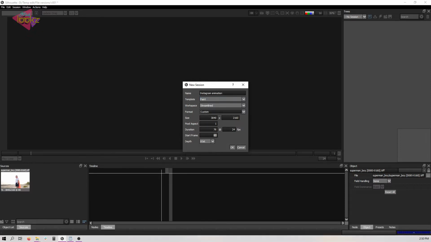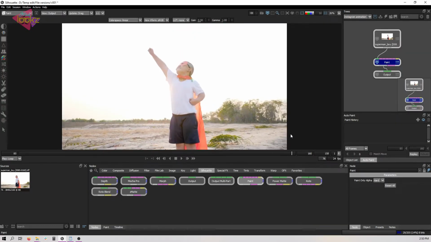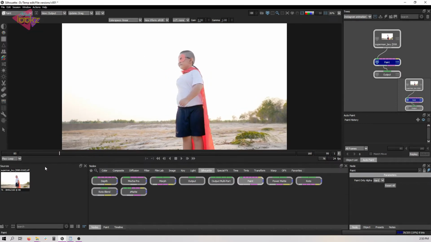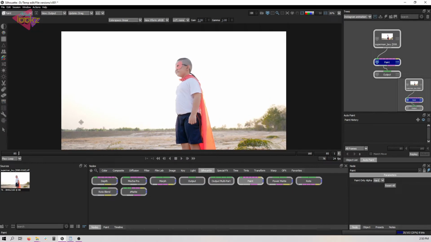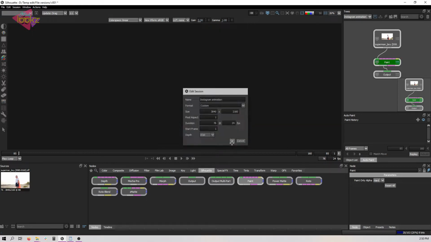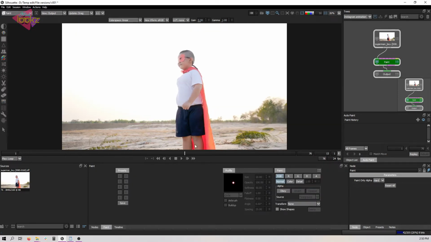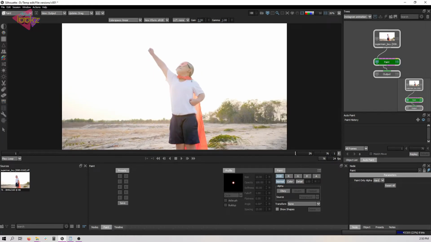Make sure the start frame starts correctly, and I will choose the start frame to be 1. For that, go into session settings and set start frame to 1. Now we can see the footage starts from 1, even though the footage starts from 85 or 75. Here I have made it so that the footage starts from frame number 1.